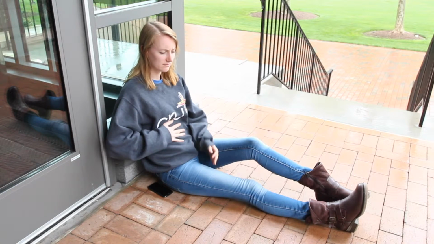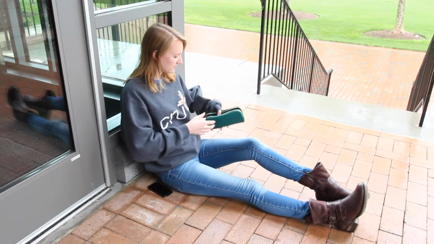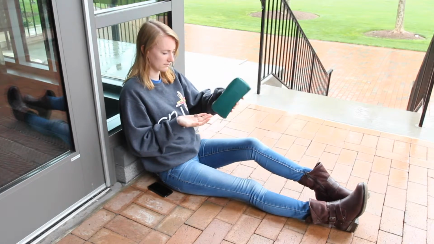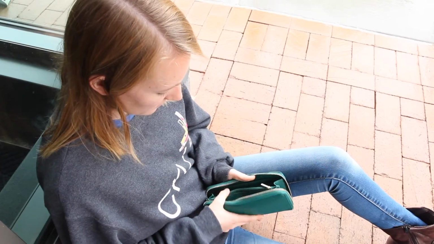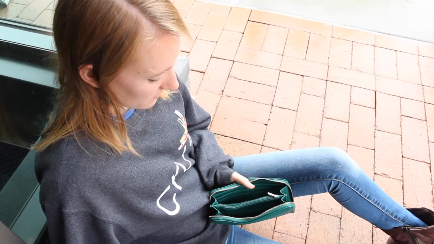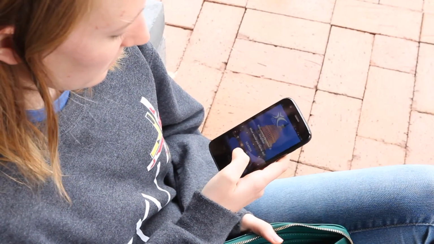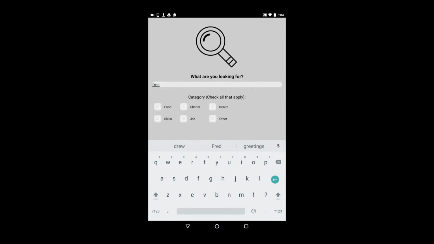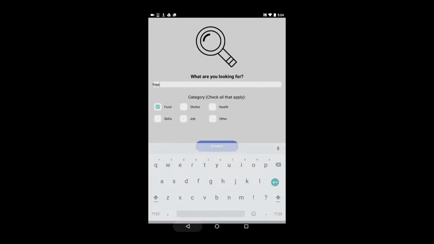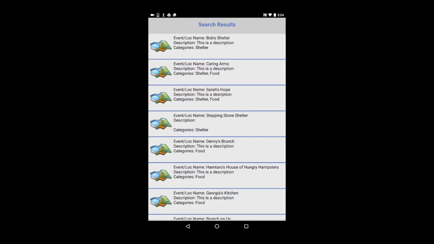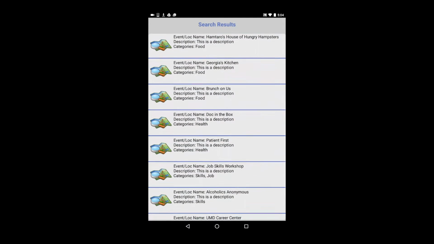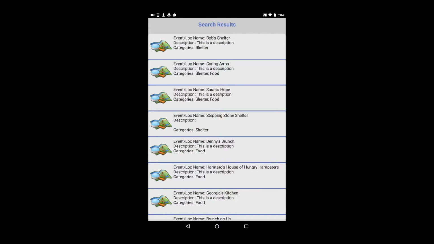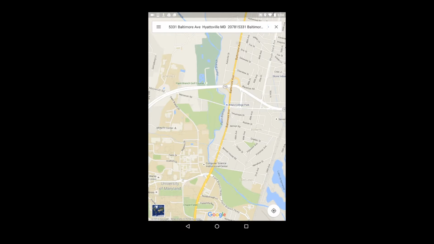Samantha is looking for a nearby place to eat lunch, but is out of money and needs to find a place that offers free food or accepts her food stamps. She can use the Neighbor to Neighbor app on her Android phone to find free food in her area. She enters a search term and a category, then presses search to see a list of results. When she finds one that she likes, she can click on the map icon to view directions to the place